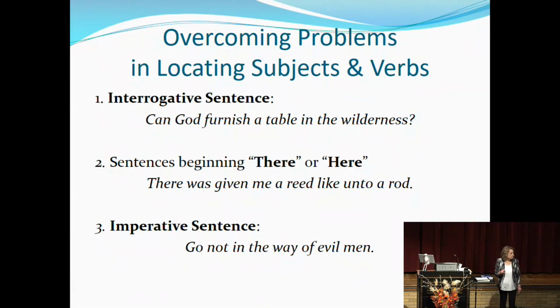Yes, Gus? Why would the first question you ask be what was given instead of who was given? You could ask who or what. Either question you could ask. Who was given, me as the object. If you ask what was given, then it's reed. Was given is actually the object, if you will, of the verb phrase. So if I could word it this way for you, there was given me a reed like unto a rod. There was given, what? Reed. To whom was it given? Me. Does that make sense?